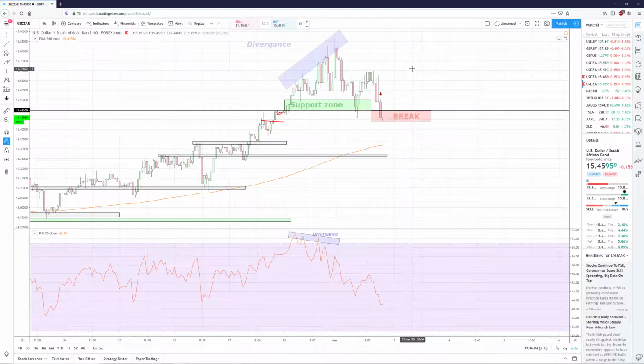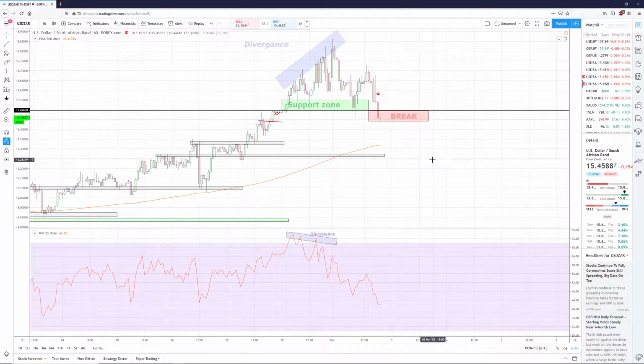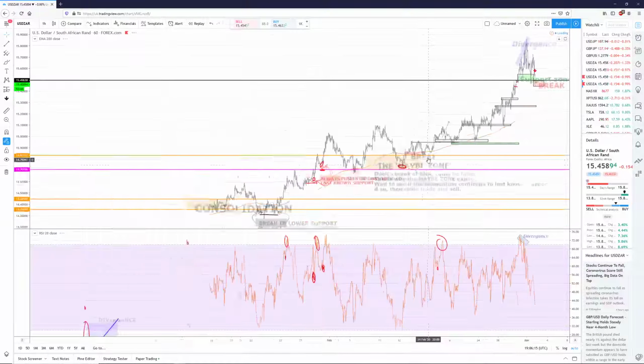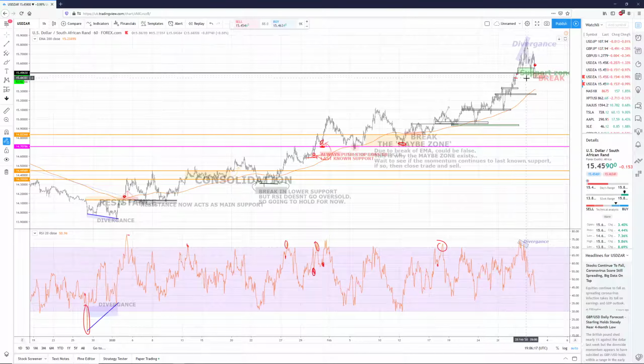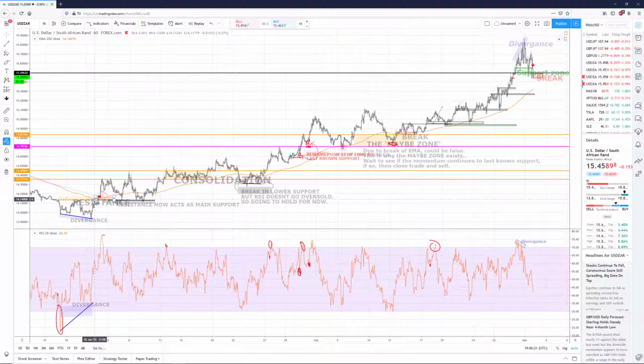So if you put a £1,000 lot size on it, you're looking to lose £2,000. So again, it's all within the risk management. We can get re-entries in later. Like I say, you can't always get the creme de la creme picks, because we have just gone from the bottom of here all the way up there. So now the £2,000 doesn't seem that bad if you put £1,000 on there, because a £1,000 entry from here up to here